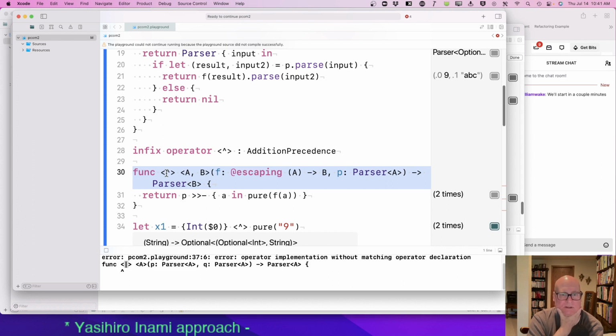Give me a function from A to B and a parser for A, and I'll return you a parser for B. And that's the same as P bind to A and pure f of A. So apply the function to A, get a value B. Where's the parser come in? Okay, the parser's there. P.